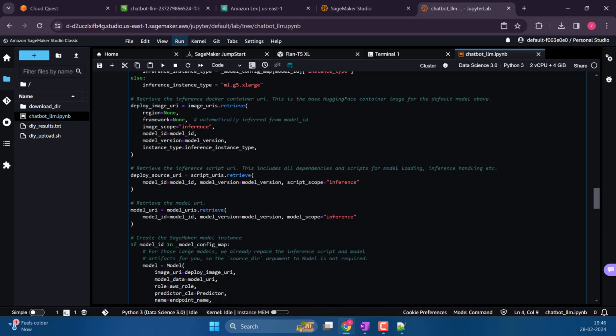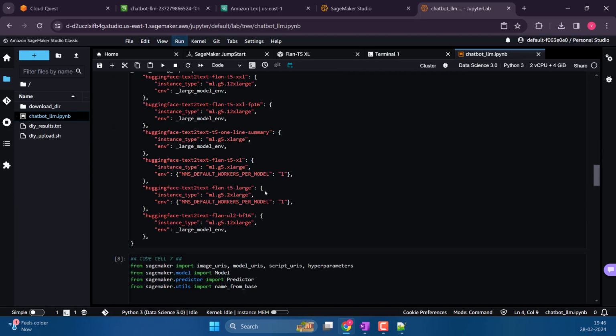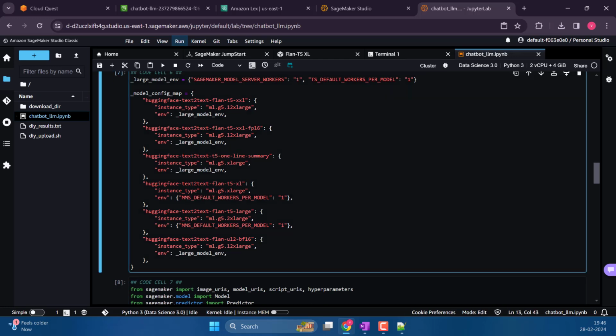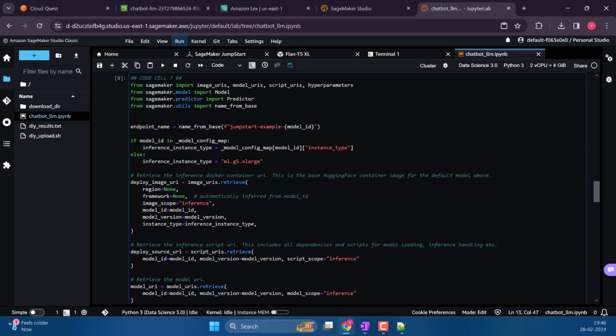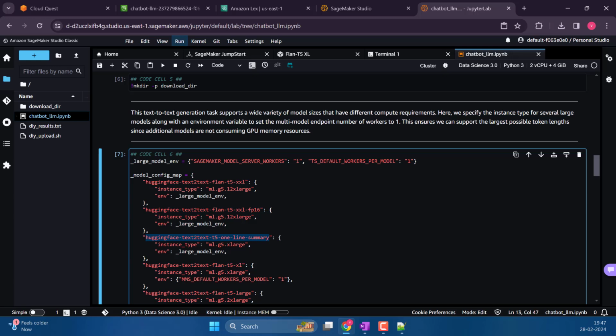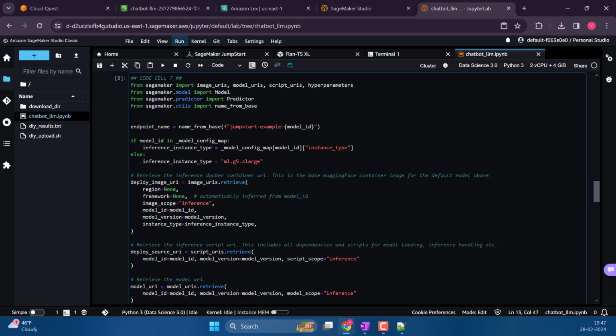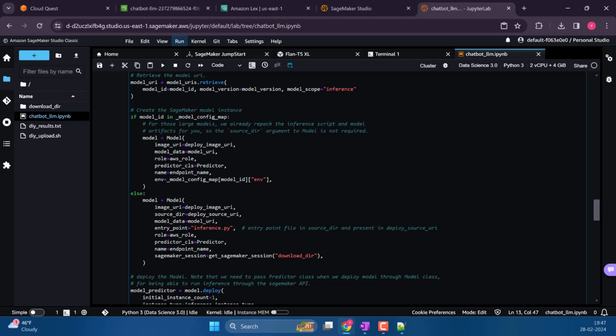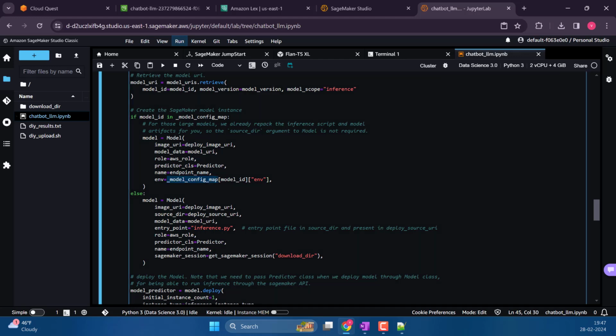So let's go here. Oh, they already have it here. I don't know why I struggled with that. I think this is the name, right? One line summary, that's what they want. So let's go here. And how are we getting, what is it? Model config IP. It's not that. It's not that. How are we? Yeah, I think this is the one, right?